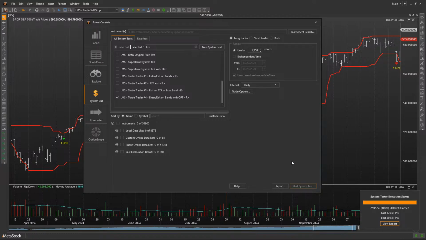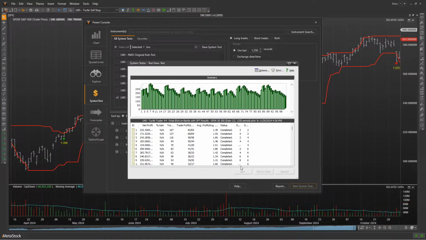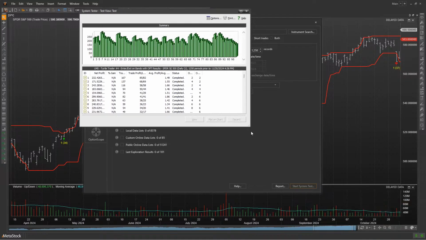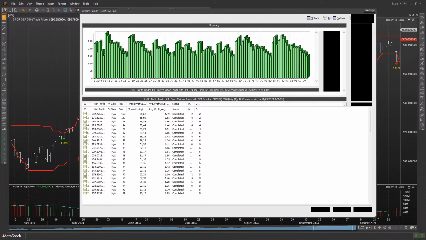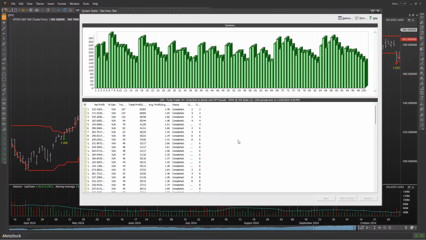So once you run an optimization like that and you click on the report, you should see something like this. Now, what this is showing you is the test results of 100 of the most profitable system tests that you just ran. Keep in mind, I just ran through 250 combinations, but one thing to remember is that when you run a system optimization in MetaStock, the most tests that the program will keep is 100 of the most profitable. So we're looking at 100 of the most profitable system tests.